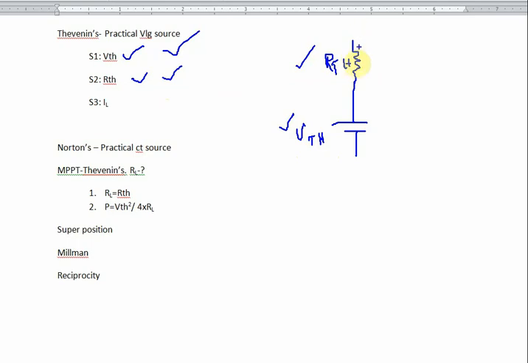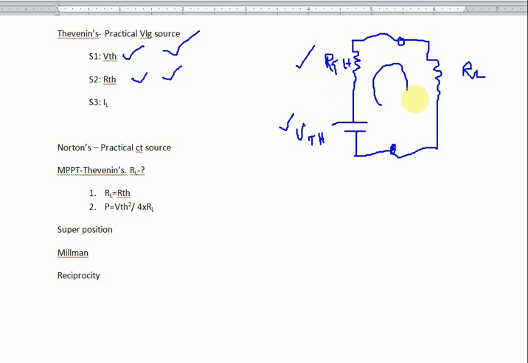Then after that, from the given problem, you can see that the load resistance is given. That load resistance is connected across this, and you will write about the load resistance. Then step number three is substituted, over.